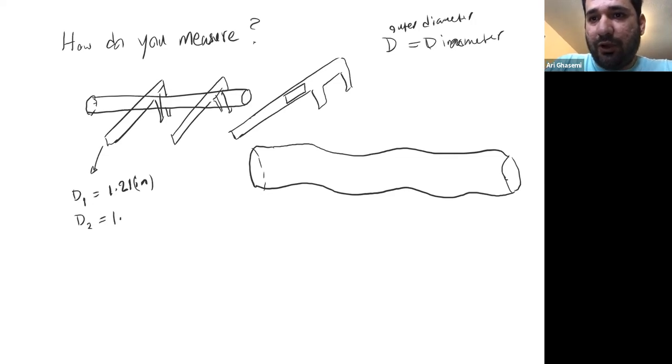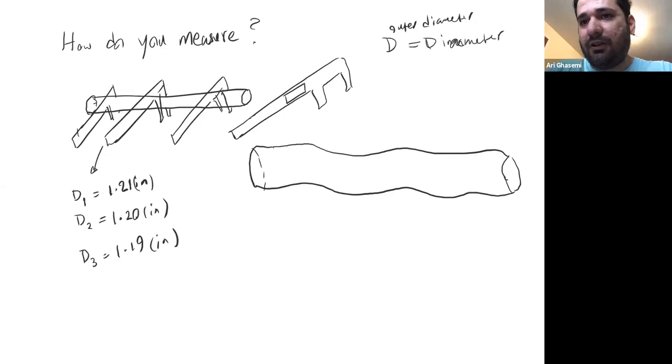Now I read 1.20, for example, inches, right? Then I do another one, D3. Then I simply put my caliper right here. There you go. And then you read D3, 1.19 inches. And so 3 measurements is fine in this lab, although 5 is recommended, because according